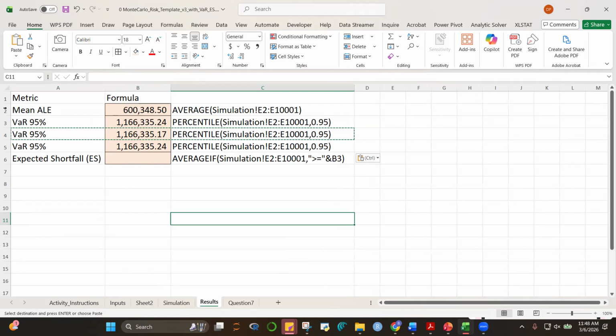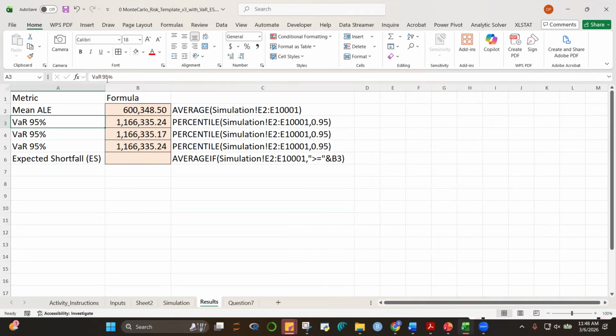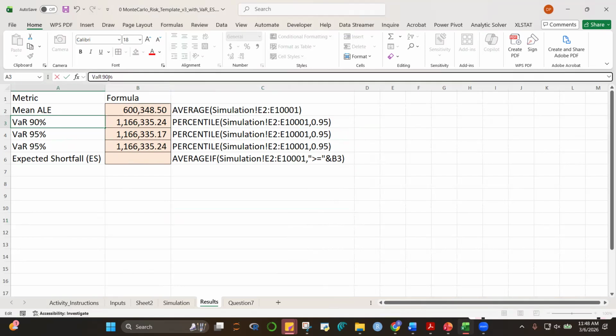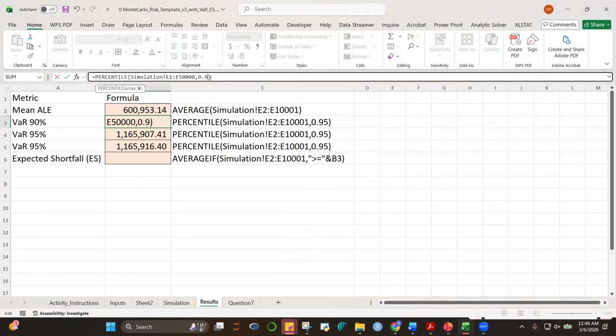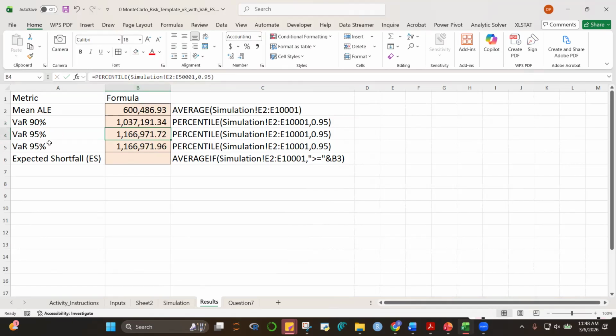Okay, so we have figures for VAR. 90% will mean that we are 90% confident that this will be the biggest loss, no? So we'll put here 95 here. So that means this will be a smaller amount. There.